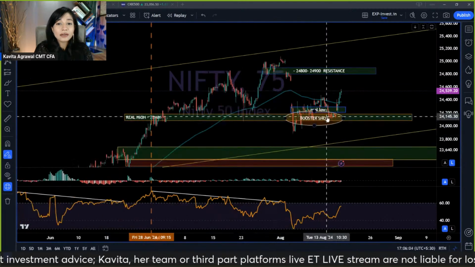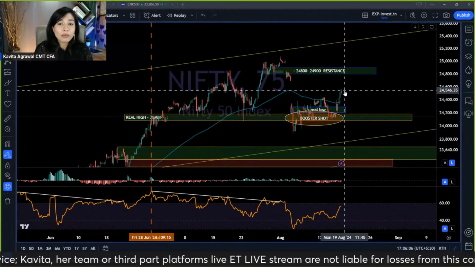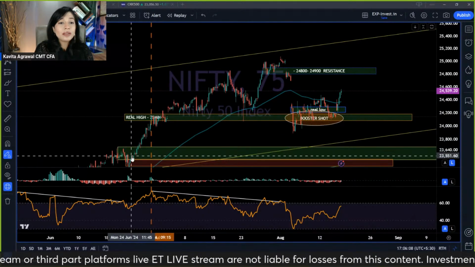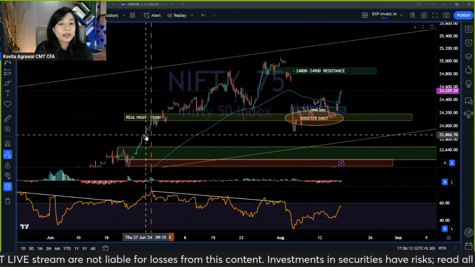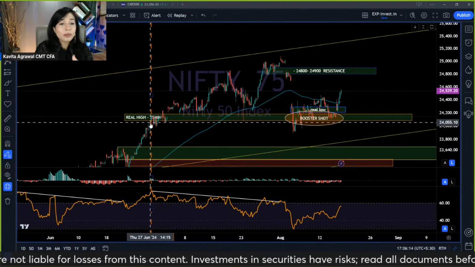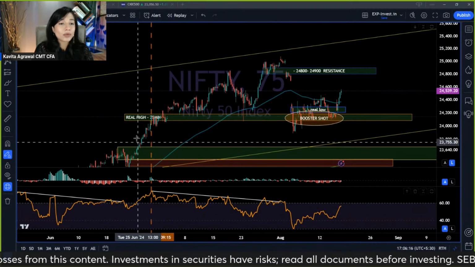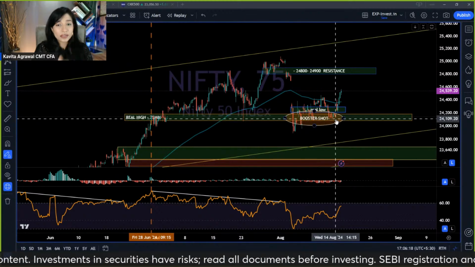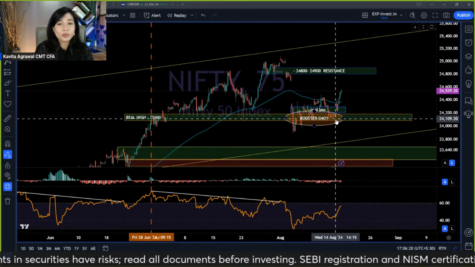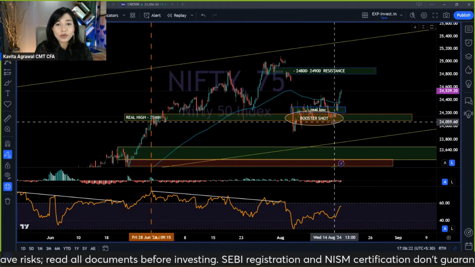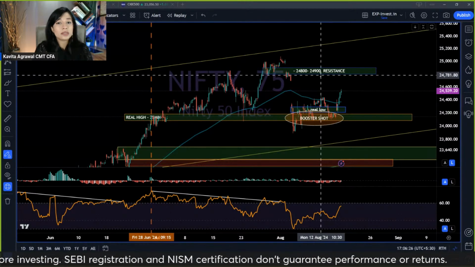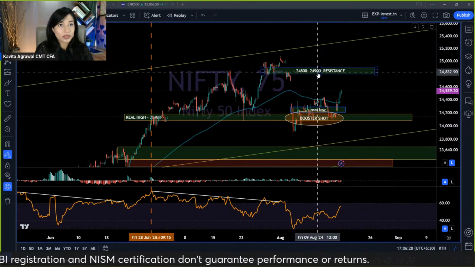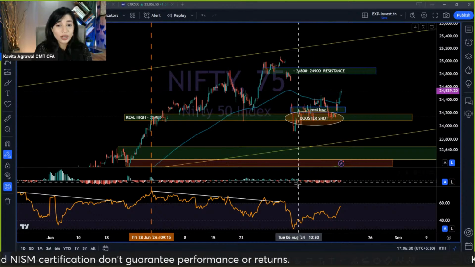Since it turned up from this level, can you see the momentum? It is continuing the uptrend with the same momentum which we had experienced before the real high was forged. So this was a real high. This is where the price got a booster shot, and now we are heading upward. So naturally, basis a 15-minute time frame, the very first resistance that we are seeing is 24,800 to 24,900.